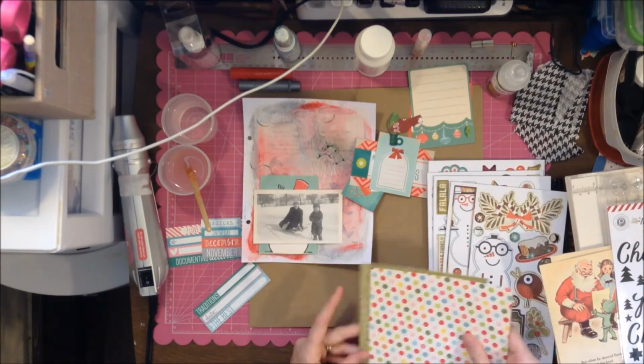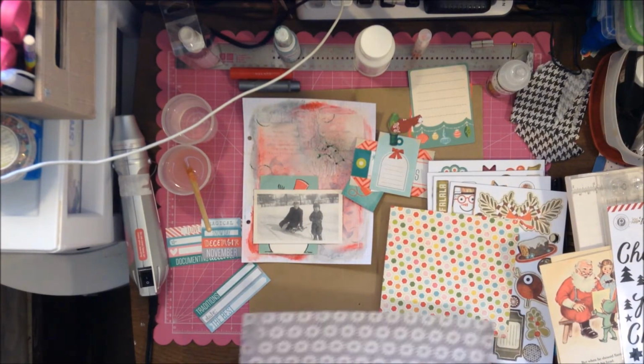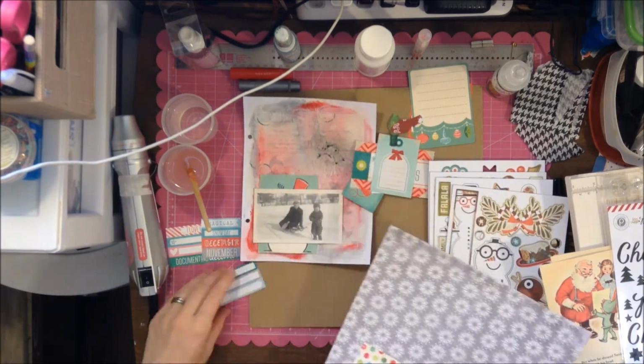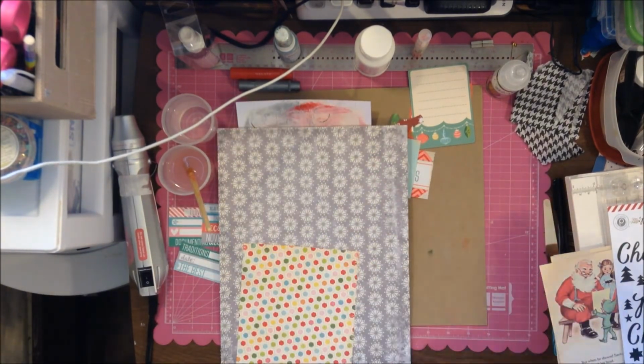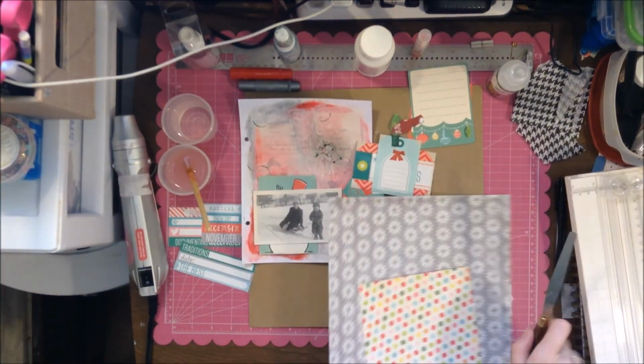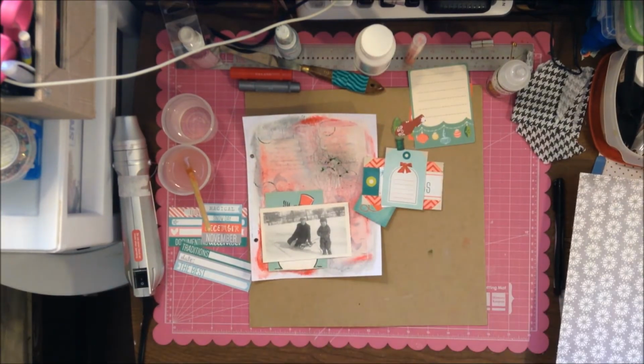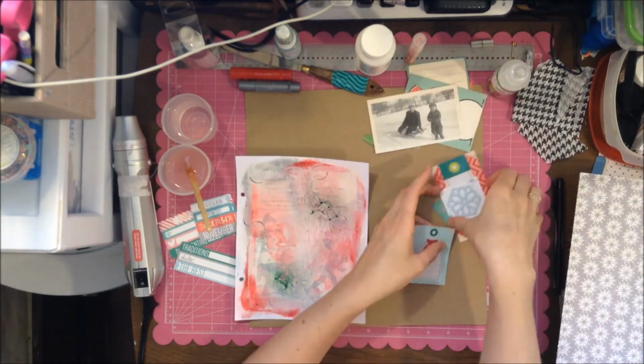Actually, I just made an order like a week or so ago, and so I'm hoping it comes in tomorrow so I can show all my haul stuff that I got for Christmas, which ended up to be a lot more than I was thinking I was gonna get because I already had a few things. So here I'm looking through some papers, and I really like that